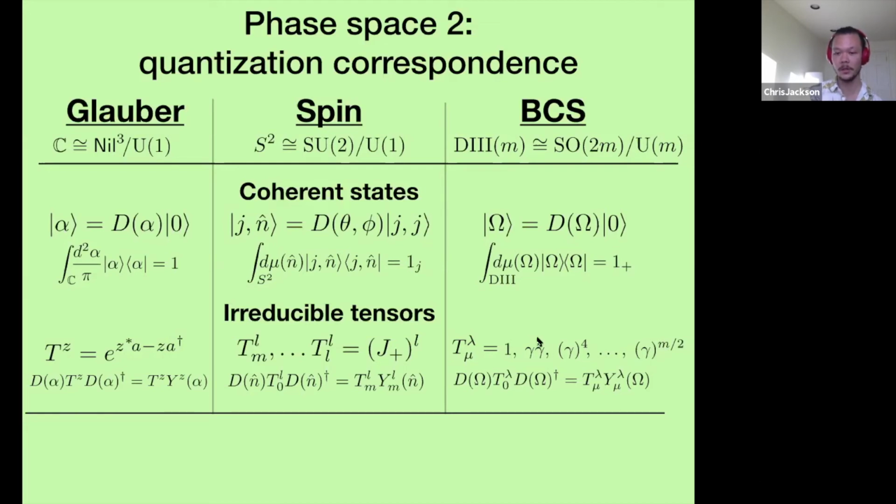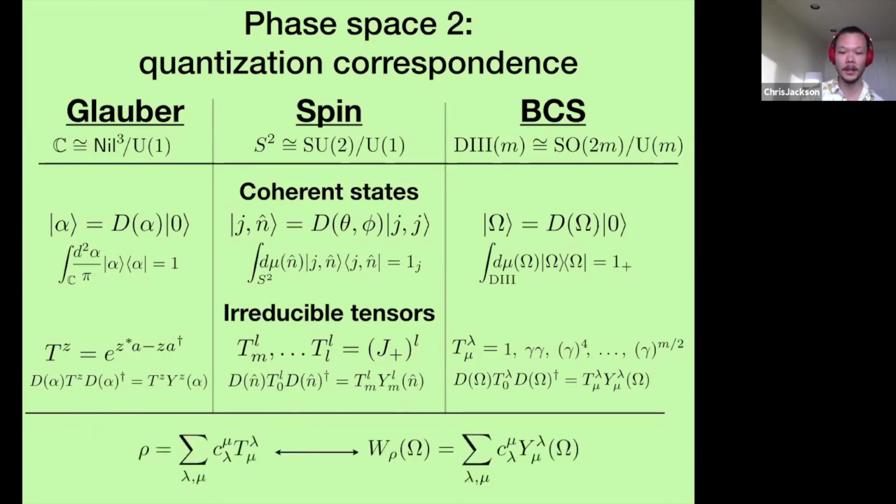So all the quadratic things transform into each other when you conjugate them by Bogoliubov transformation. All the quartic stuff transforms into each other by Bogoliubov transformation, etc. Okay. And you can think of this in the same way that you think about polynomials in spin components transforming into each other, as you do for atomic systems. Great. And something that's important is this connection between irreducible tensors and harmonics is precisely what is at the heart